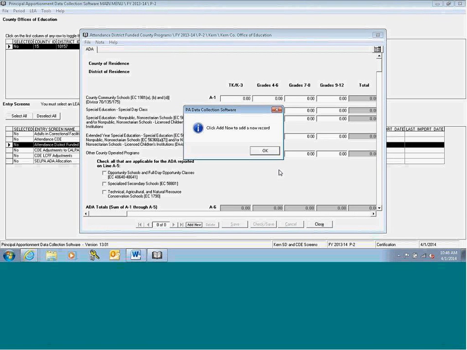This screen was previously titled Attendance County Operated Program COE, and the ADA reported in this screen was what was referred to as County Funds Transfer ADA under the old revenue limit system. When we concluded